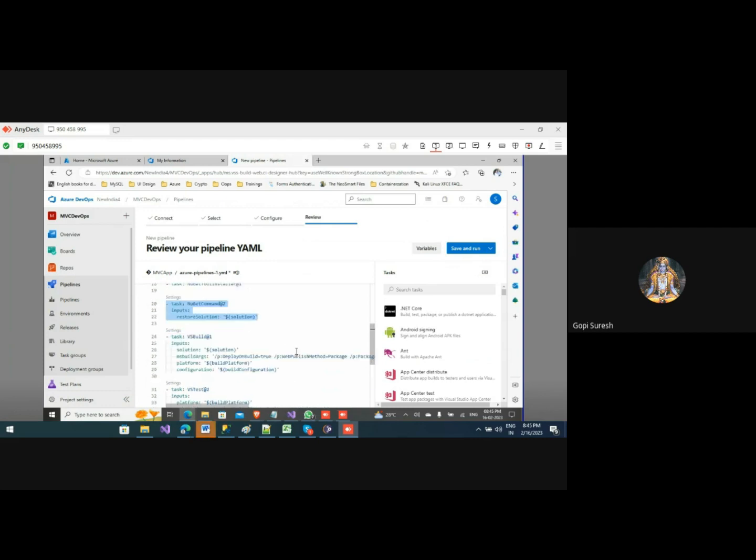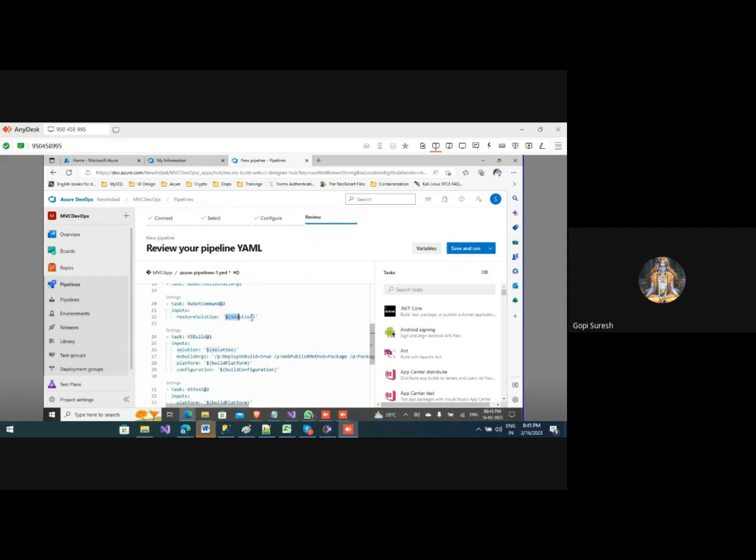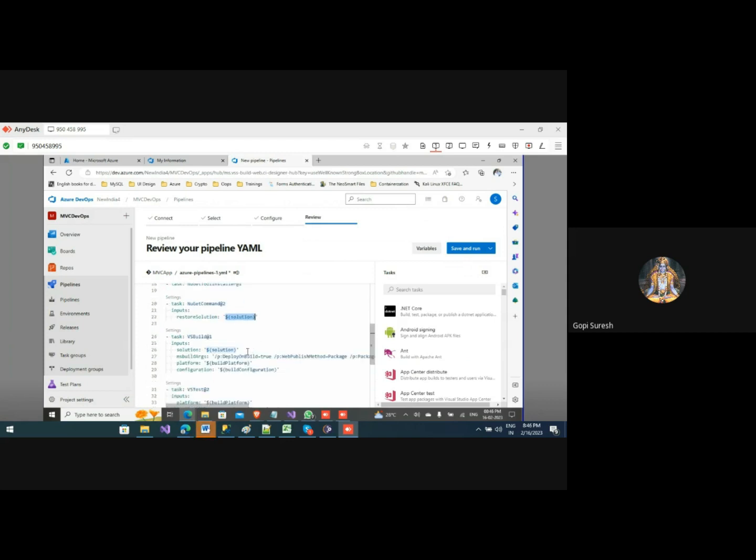Once you are building the application, it will use these paths. The star solution is nothing but a path we have defined, the solution path. It will build all the code. These are the arguments here, so all the packages and arguments will be built here.